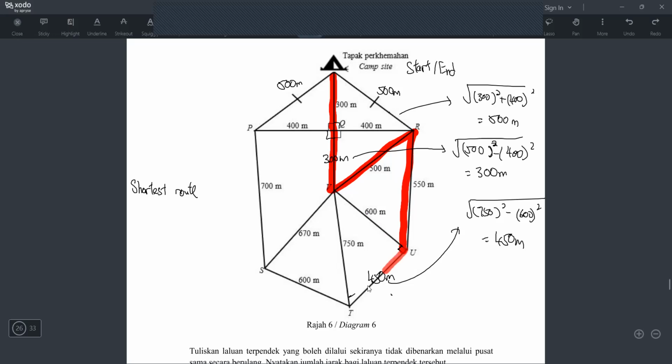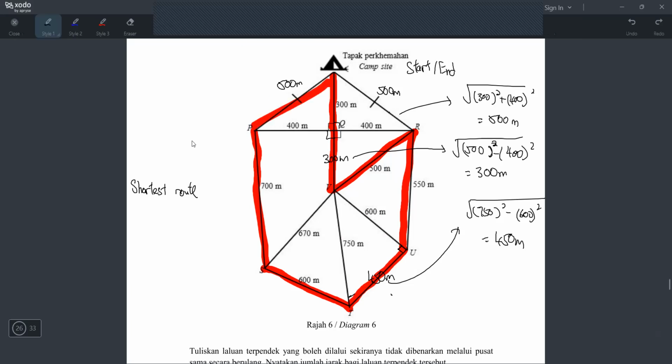Okay, so tak ada pilih dah. Saya kena pergi macam ni. Sampai sini pun tak boleh pilih. Tak boleh pergi sini kan? Sebab if you pergi sini, you will go back to station V and they already say cannot repeat the same station. So I think you have to go here. And then sampai sini pun cannot choose. You cannot go back to V. So there's only one way to finish it. Go here. And then don't go here because cannot pass through the same station, and then just go back like that. Right? So this is my shortest route.